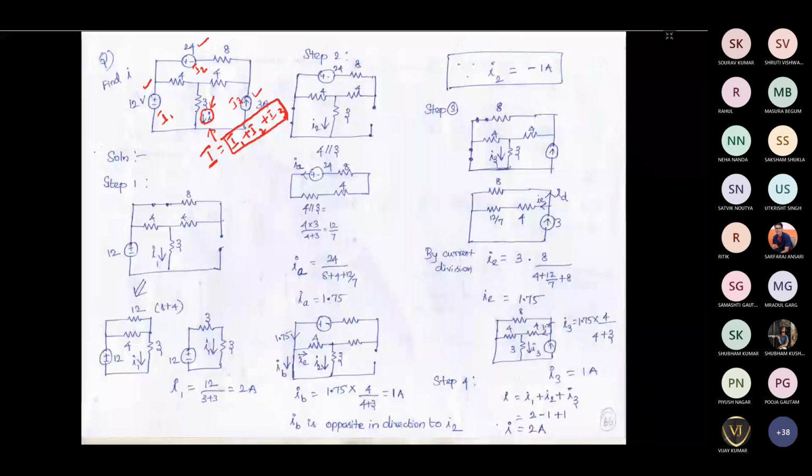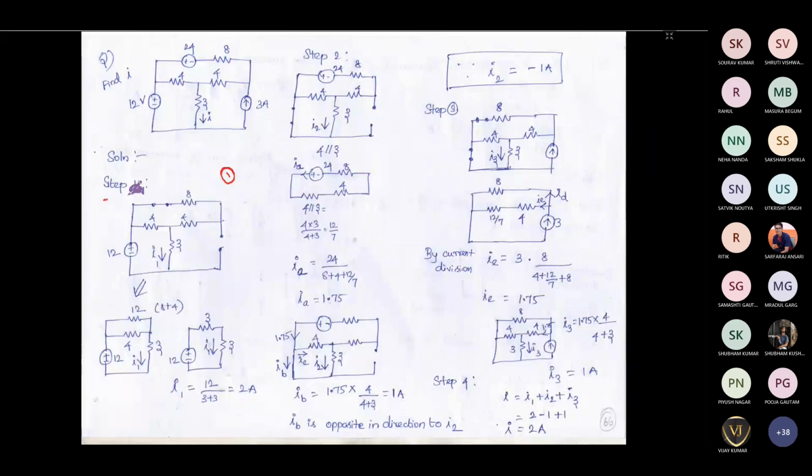Okay, so we are finding the individual responses provided by the individual sources, and we are adding them together algebraically so that we can obtain the total response of that particular current or voltage. For that, what would we see? First step is to consider only one source at a time. So if we are having a circuit here with three sources, what do we need to do? We have to consider only one source at a time.